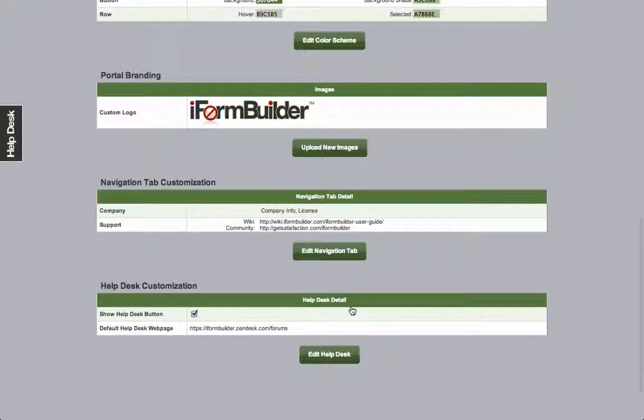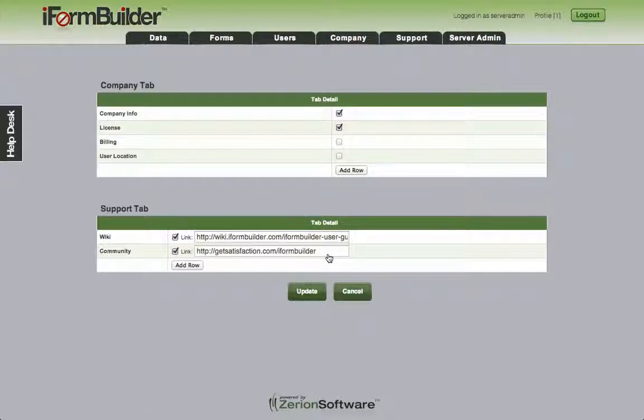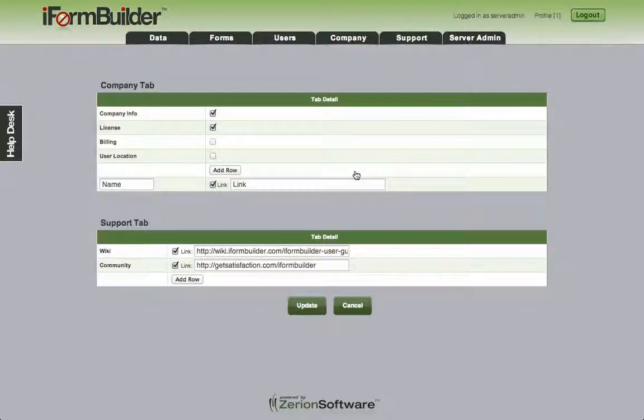Moving on to the navigation tab customization. In here you can change which links show under the company tab, as well as add new rows. So if you wanted to add a new link with information relevant to your company here, you can click on add new row, give it a name, and the link that it should point to. Same goes with the support tab. And you can deactivate links by simply unchecking the box. Cancel out of this,